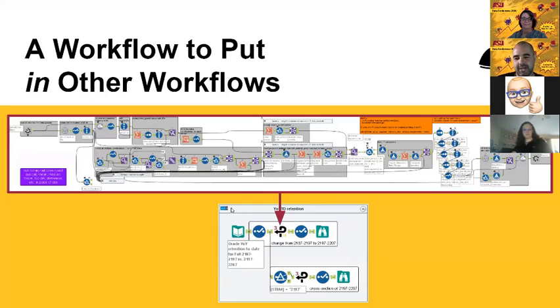Because there are some tools, like the data cleansing, which I might use 20 times in a single workflow. You don't want to copy the behind the scenes stuff 20 different times, especially if you need to make a change to it. So that's one of the important things: I can go in and change something in this macro, and all the workflows that use it now get the update.